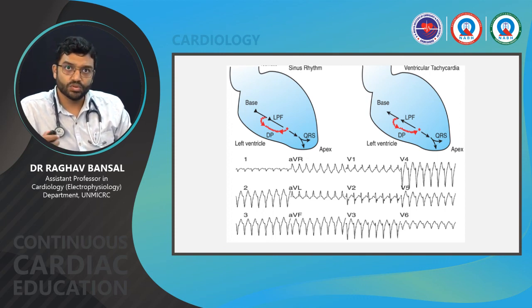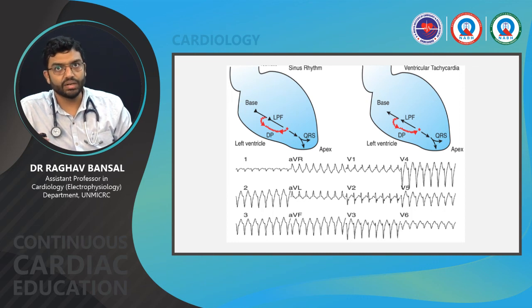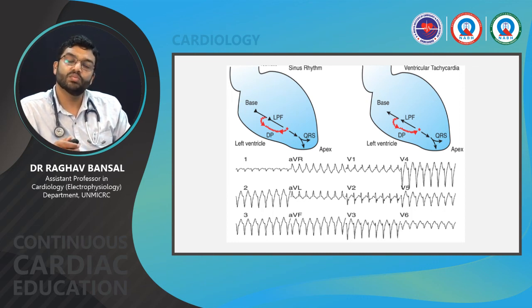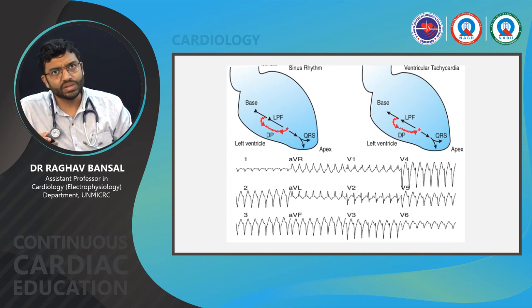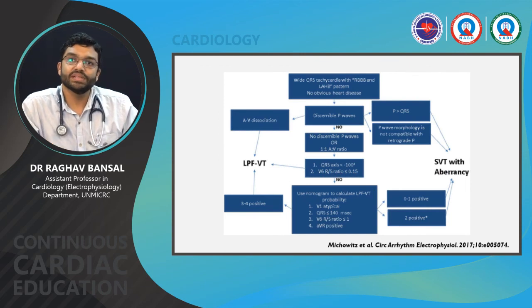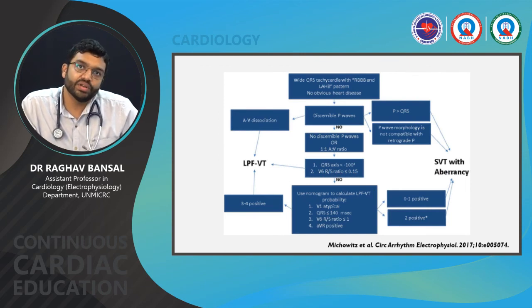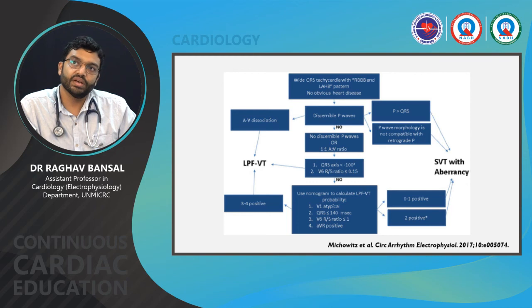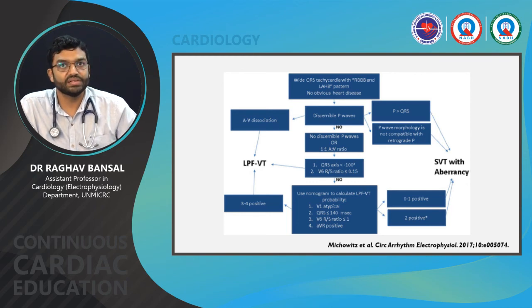The posterior fascicular VT is a reentrant arrhythmia, in contrast to other idiopathic arrhythmias which are more triggered activity or caused by automaticity. This one is reentrant, and the reentry is caused by a slow diastolic pathway which exists in parallel to the posterior fascicle. So sometimes these arrhythmias will be very difficult to differentiate from an SVT with aberrancy, where aberrancy is giving rise to a right bundle branch block pattern with left axis.